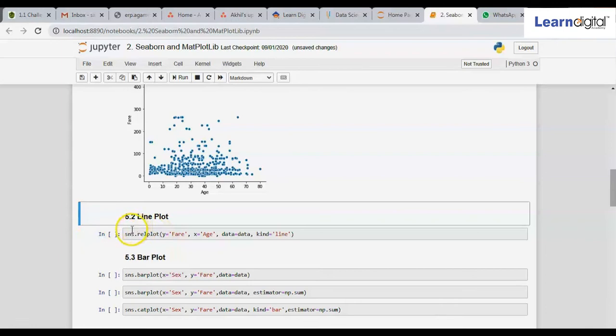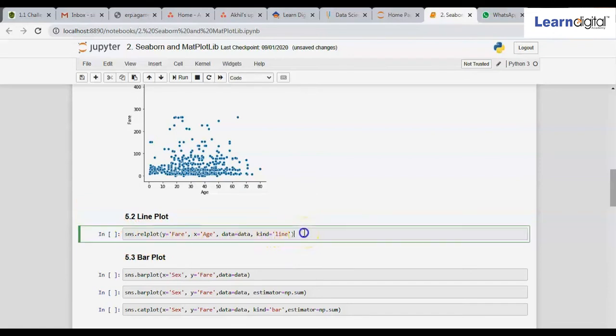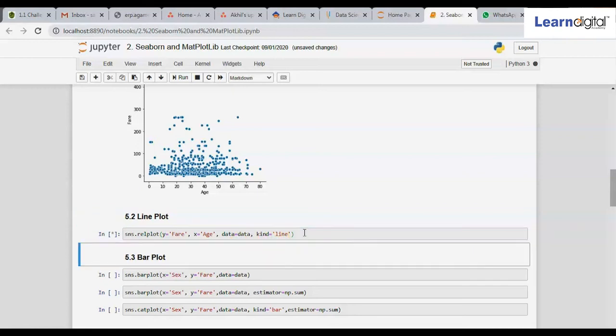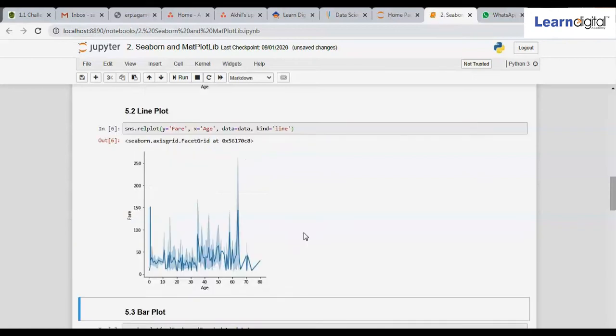The only difference is that we have to mention kind equal to line so that we get a line plot. Let me execute this and show you by pressing Shift Enter.